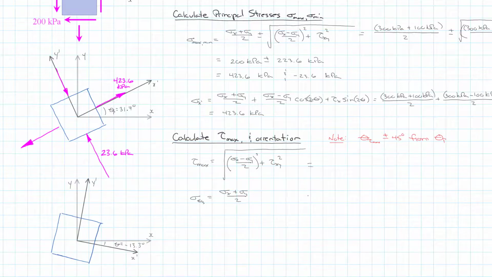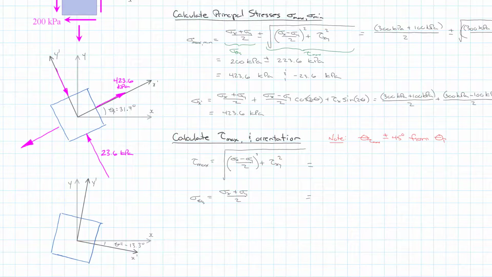And before I go ahead and plug in the values, one thing I want to do is go back up to where we calculated our maximum and minimum stresses and point something out. If I look at this component in the root, we see that that is equal to our tau max. And when we look at the other component, that is equal to our sigma theta s. By having calculated them out and kept them independent so that I can see what those actual values are,